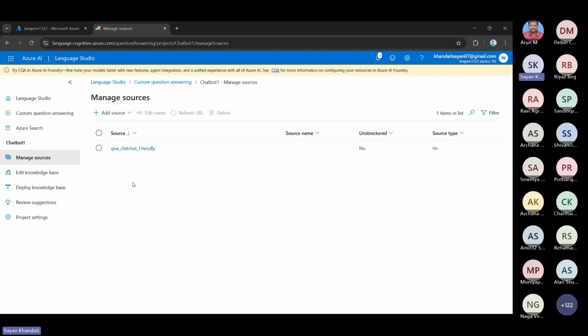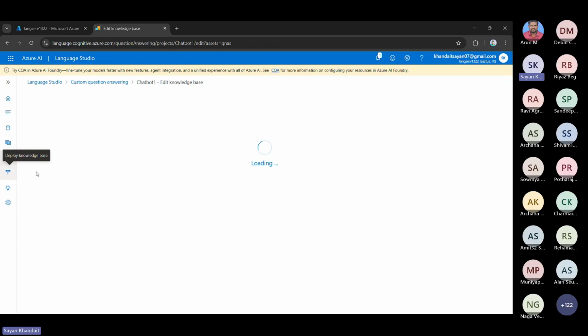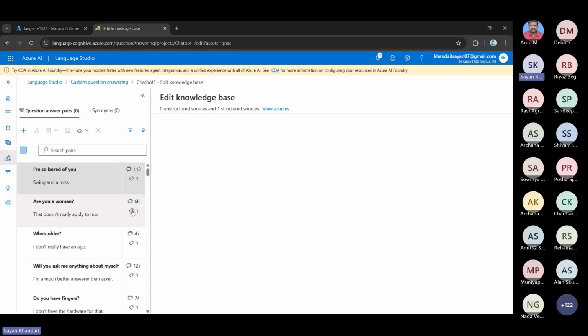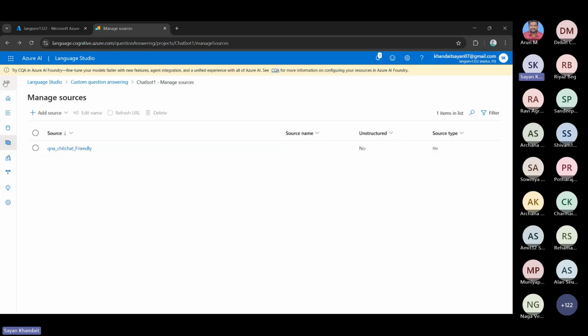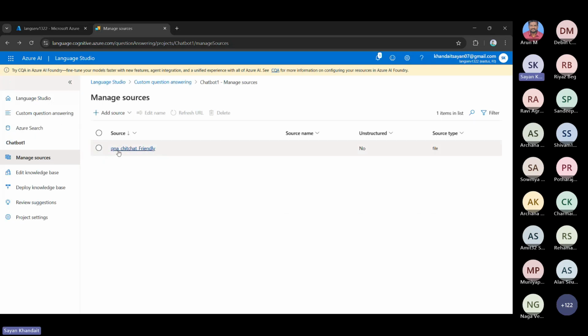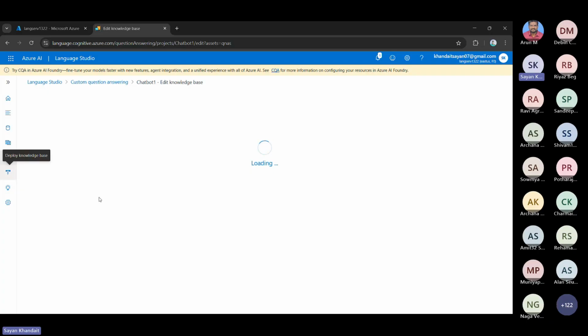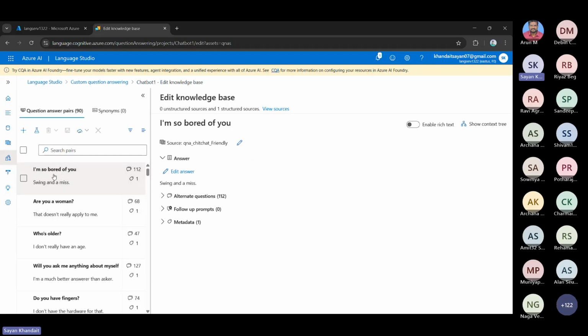Now, once the knowledge base is added, you can also edit the knowledge base. Currently, I do not have a knowledge base present. I only have this chit chat pair that is available, the friendly chit chat option. So let us edit the knowledge base to check what are the question answers present inside. I am so bored of you is the question, swing and a miss is the answer. Are you a woman is the question, that doesn't feel apply to me is the answer. If you wanted to edit any of these, you can always go ahead, select this particular question answer pair and